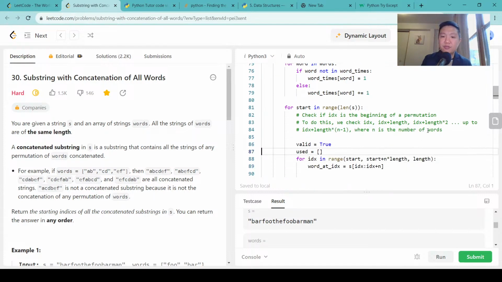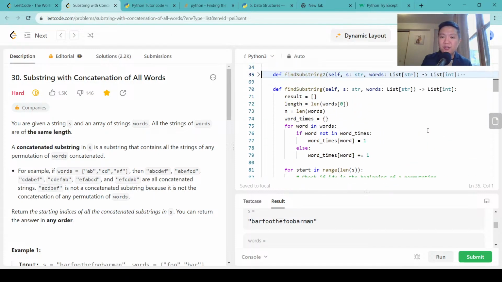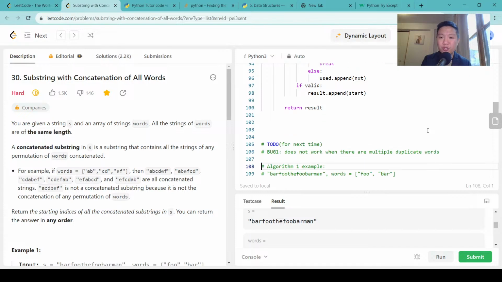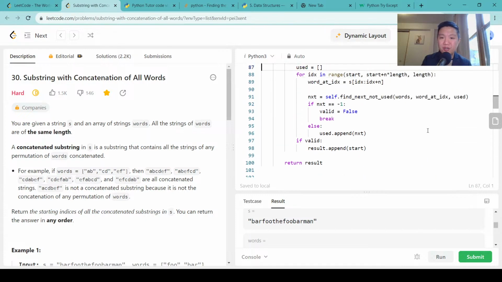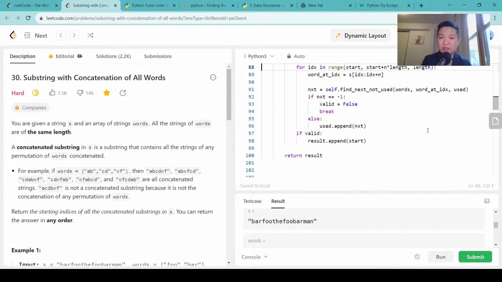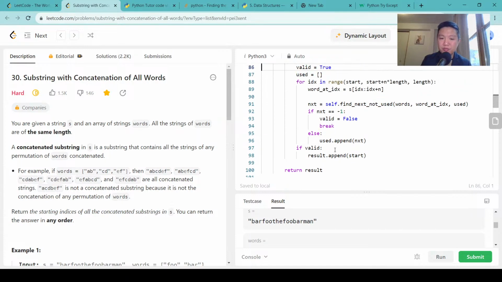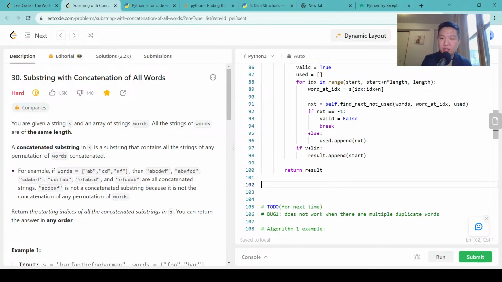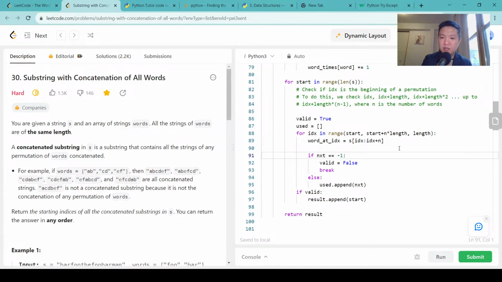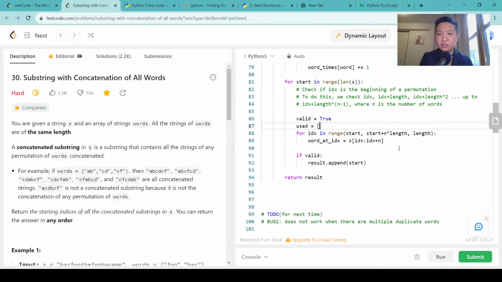Okay, cool. We're gonna have small data structures now. Word times is gonna be a dictionary, it's gonna be small. Used just now was gonna grow super huge. For that particular example with a bunch of A's, words is gonna grow super huge, and we don't want that. So we're gonna do it this way. So this is out. So used is now